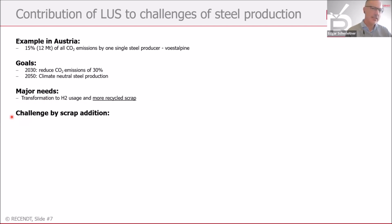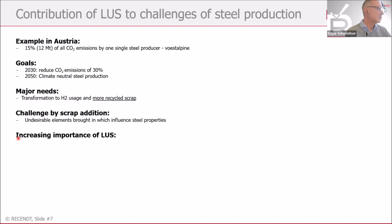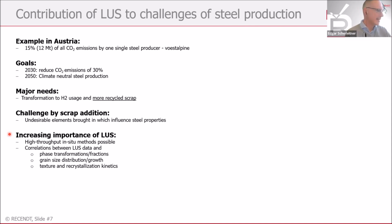The challenge of using more scrap is that you have a lot of undesired accompanying elements in there which change the properties of your steel. So this is where laser ultrasound can contribute, because it's a high throughput method and it can establish correlations between the laser ultrasonic measurement results, the data, and the phase transformation, for example, and the phase fractions. Also the grain size distribution and grain growth, and texture and